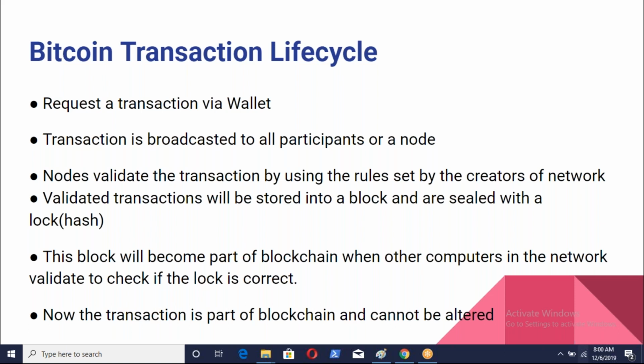So all the features will be applicable to that particular block once it is added to the chain. If you are trying to make any alterations to the particular block, it will not happen, because the miners have stamped that all the transactions in this block are valid, and that will be added to the block.